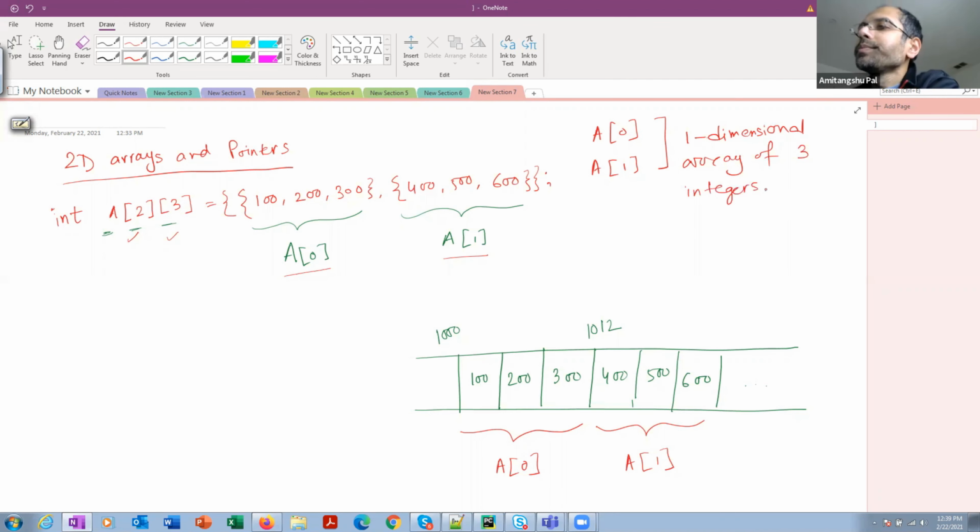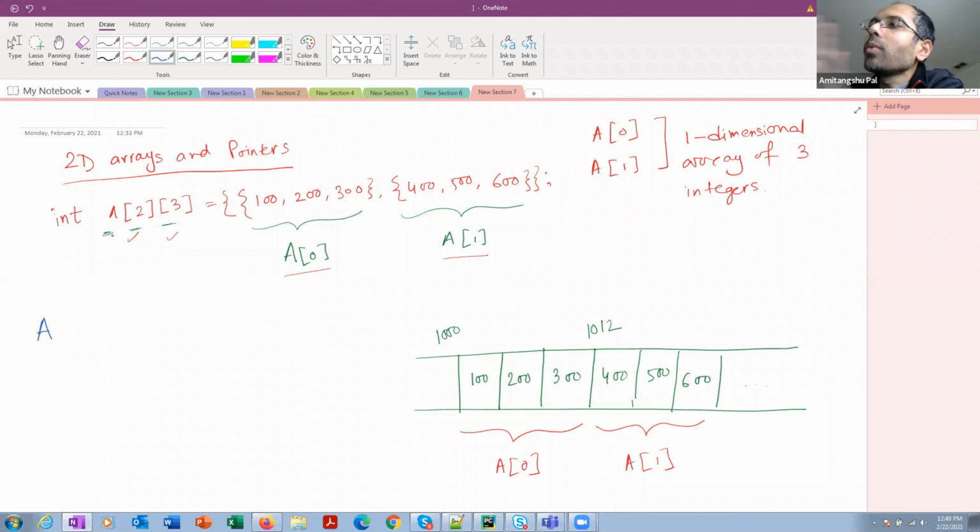Now let's learn what A is. A is the name of the two-dimensional array. So what did we learn in the last class? What does the name of the array mean? The name of the array points to the first element of the array.